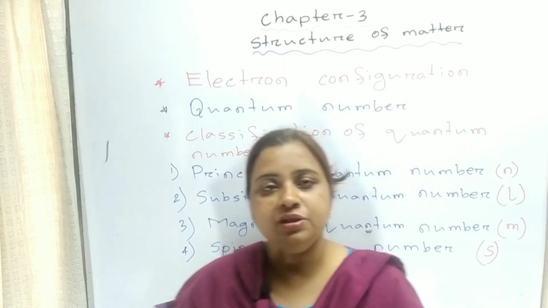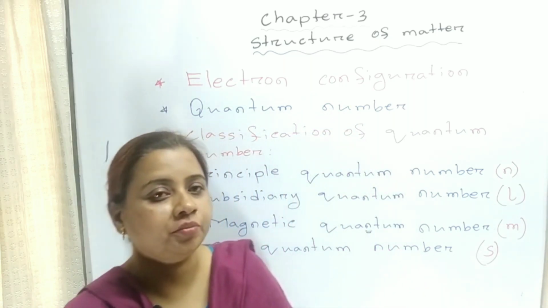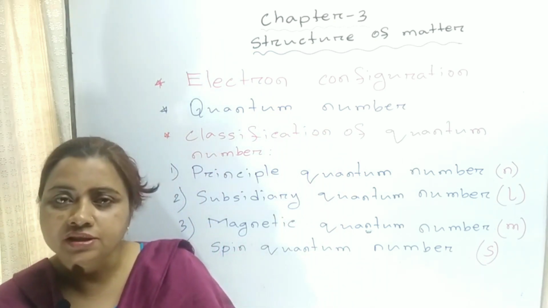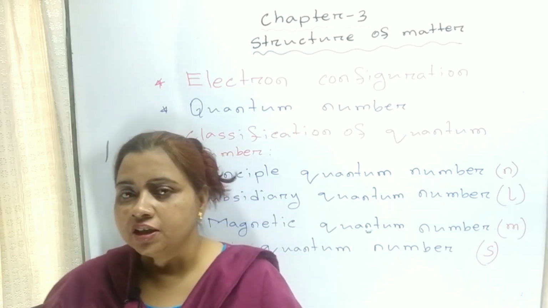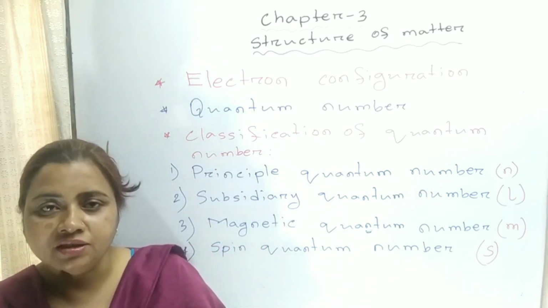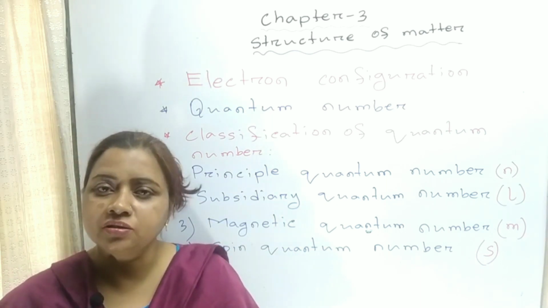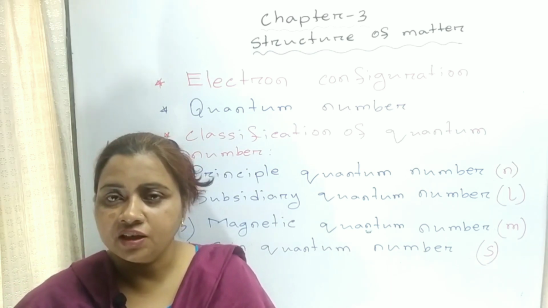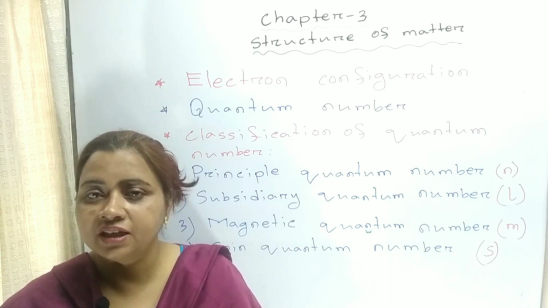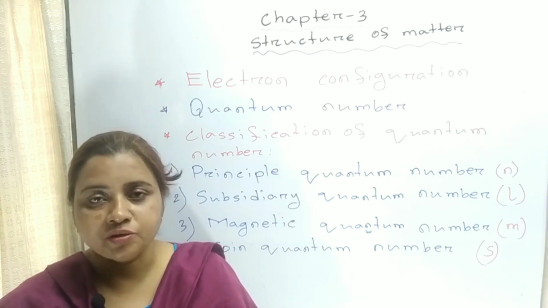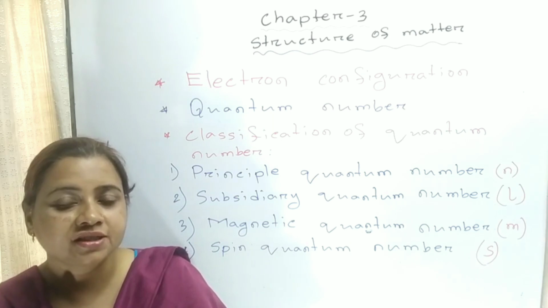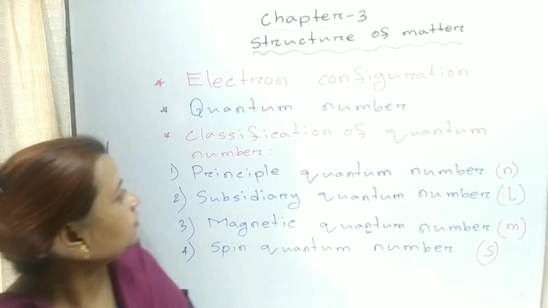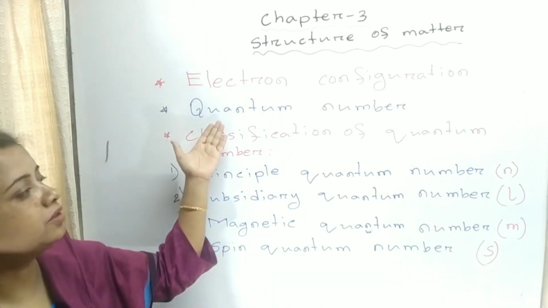Today I am going to discuss a very important topic, electron configuration. But if we want to discuss electron configuration, at first we have to know what a quantum number is, the principles related with electron configuration, and some of the laws related with electron configuration, such as the Aufbau principle and Pauli's exclusion principle. Okay. So, at first I am going to start with quantum number.